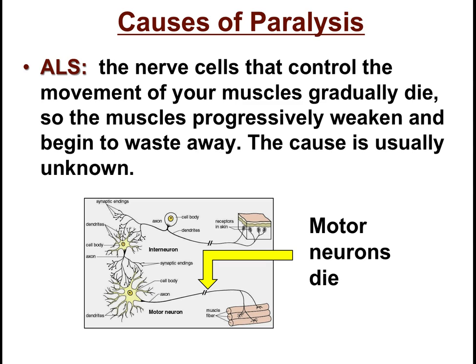Specifically, in the case of ALS, sometimes referred to as Lou Gehrig disease, these nerve cells prevent your muscles from moving because what's happening there is that the motor neurons progressively break down. And so you get fewer and fewer connections between muscles and nerve cells. So the nerve cells are not accurately determining how your muscles can move. So first you have weakness, and then the inability to control the movement, and then eventually the ability to move is usually lost altogether.